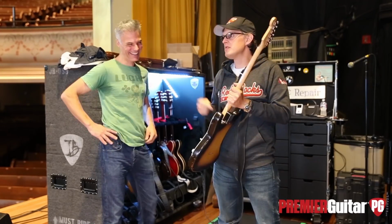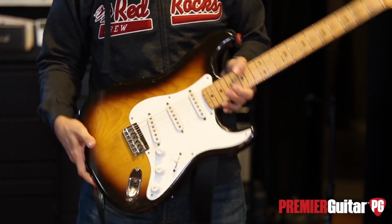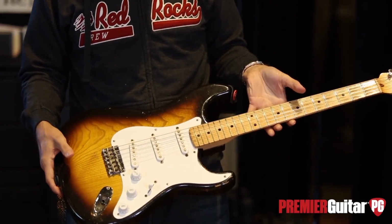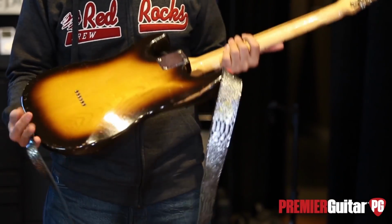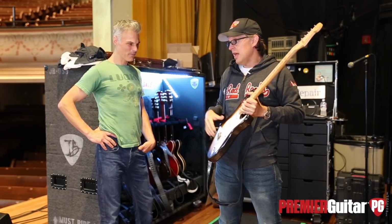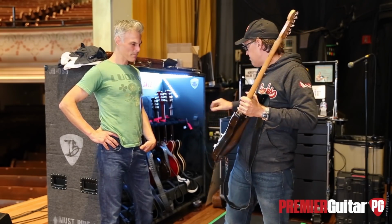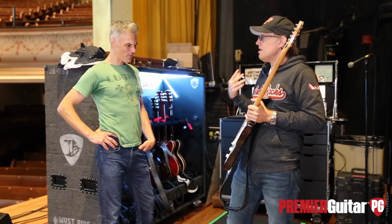But this was the accompanying guitar in the set that the family had, and this is a 55 hardtail ash body Strat. And I like hardtails. I don't use the tremolo, so I like not having a tremolo. Sure. And normally what I do is I bolt down all of my tremolos and remove the bars, because there's